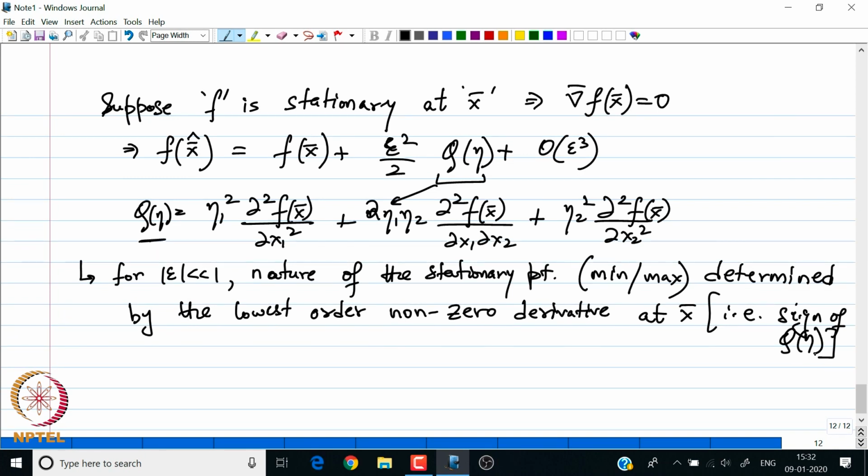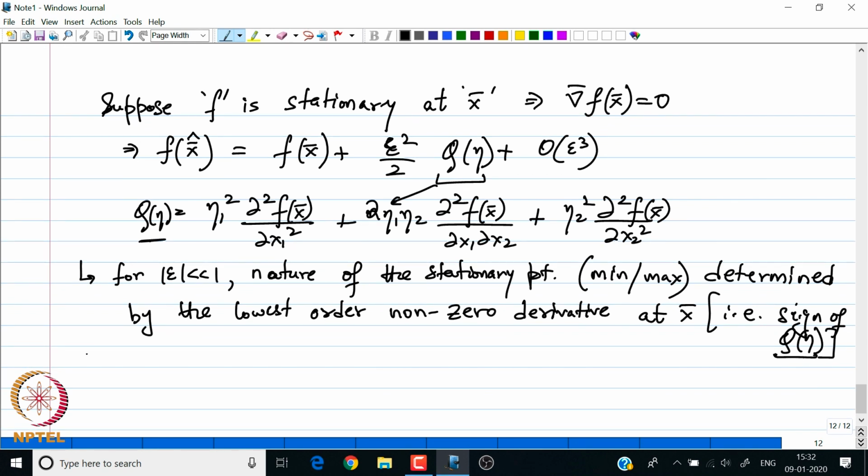Okay. So, it is all about finding the sign of q and how it changes. Since q is a continuous function of eta, we need to check where the sign of q changes. If q changes sign, there will be a value of eta where q of eta is 0. So, those are the points that we need to evaluate.